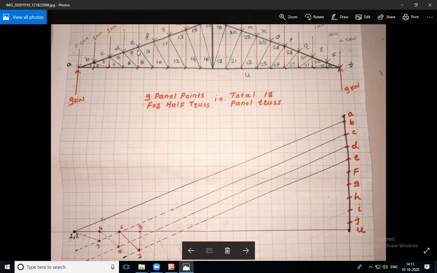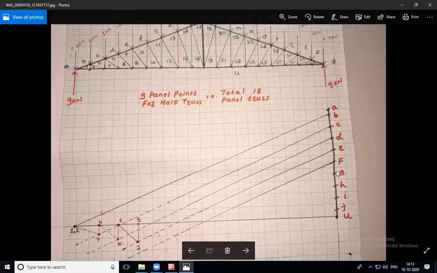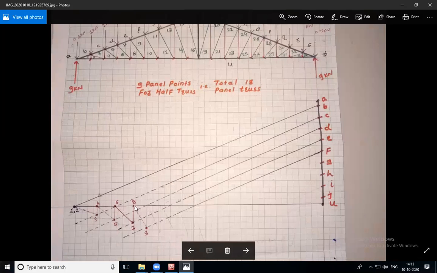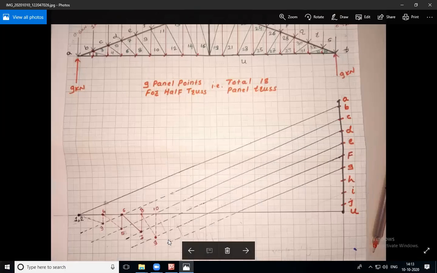Now start E point. For E point there is a member FG. Draw one line which is parallel to FG in the vector diagram from F, like this. Then again you have the location of 8. 9 8 is an inclined line. Starting from 8, draw one line which is parallel to this 9 8 line. After drawing, it will meet the F line here. So that is the location of 9. Again 9 10 is a vertical line, so draw one vertical line. The figure will look like this.